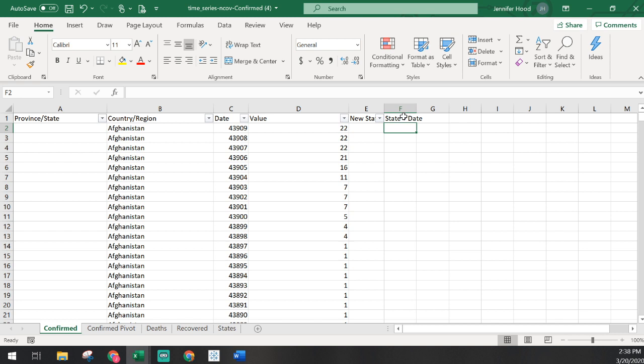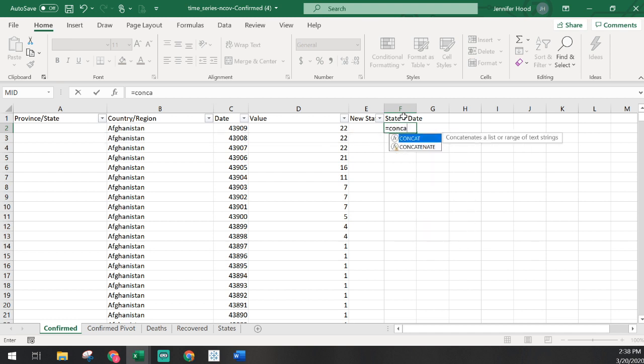And this is a concatenate. So concat. And I'm going to concatenate column A and hit a comma. And actually, sorry, not A. I want to take E because I want to take that new state.